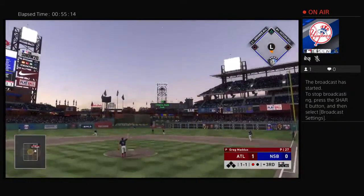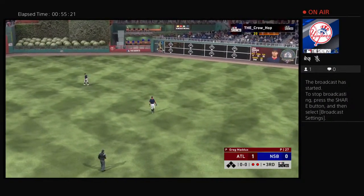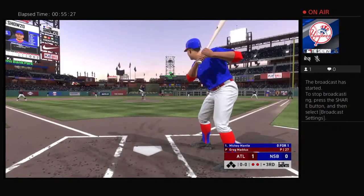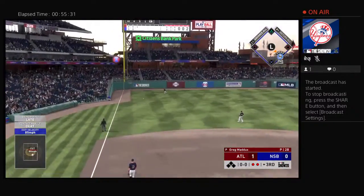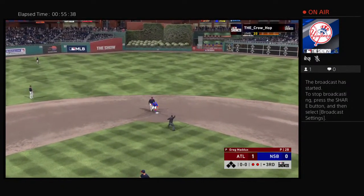And this is lifted to shallow center field. Heading after it is Judge. He's got it. A nice play there. 2 away. Ready now, Mickey Mantle. He flew out in his last at-bat. This is line to left. That gets down. He's got himself a base hit. He'll get it into second. The tag, and they'll get him at second. And with that,